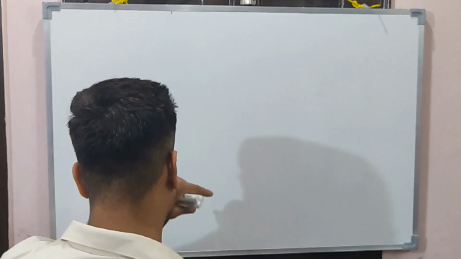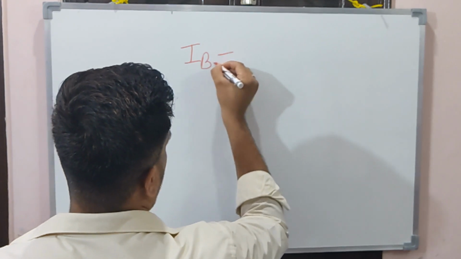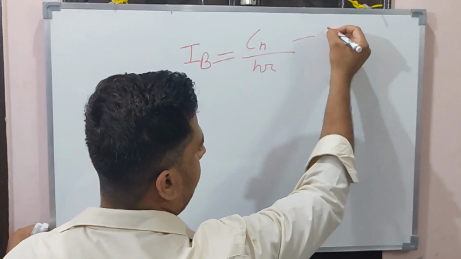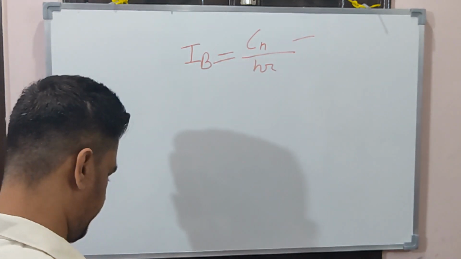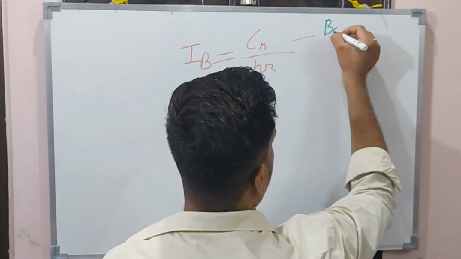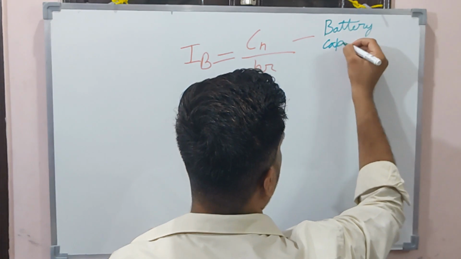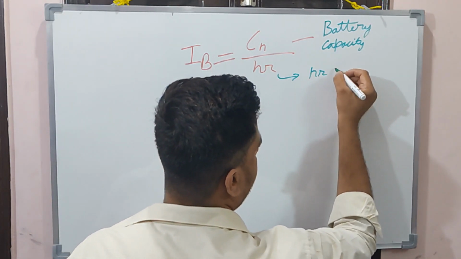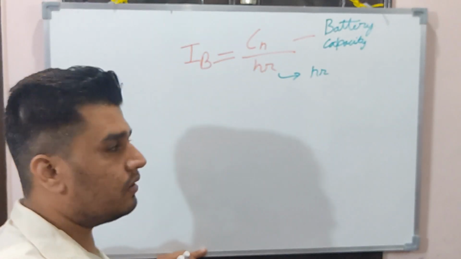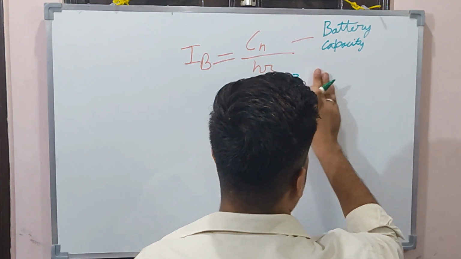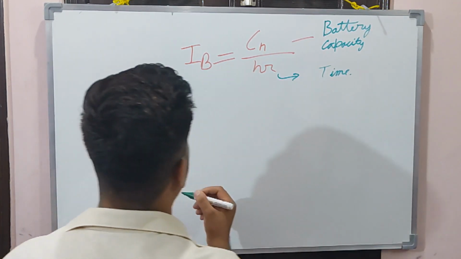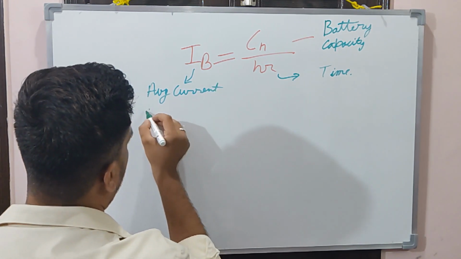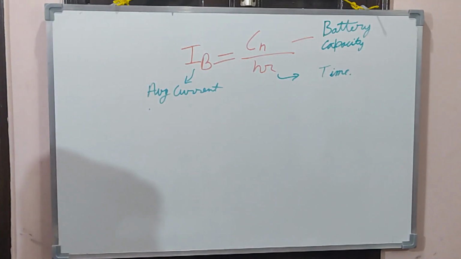So the basic formula here is IB is equal to CAh upon H in hours. Here CAh is the battery capacity, and here is the hours, the time for which I want to run the battery or the load. And this IB is the average current